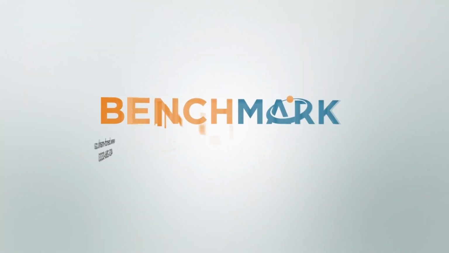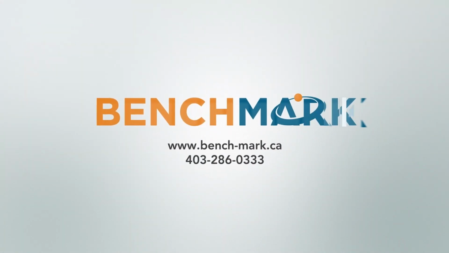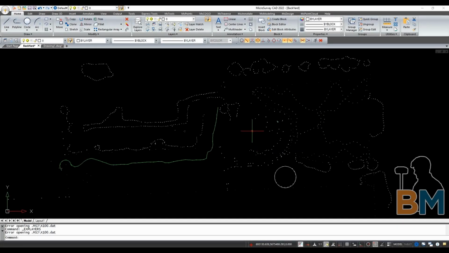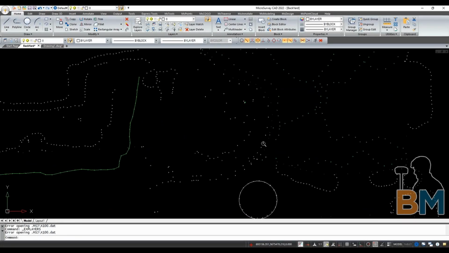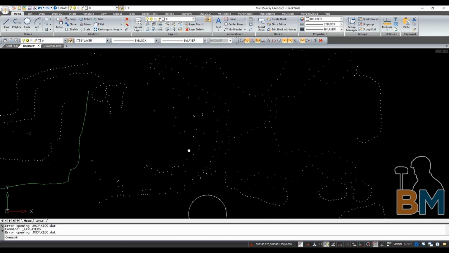Hello everyone, this is JD from Benchmark, and today I'm going to show you how to change the background color in MicroSurvey CAD. Now here we are on the project viewport where I already have a variety of points scattered